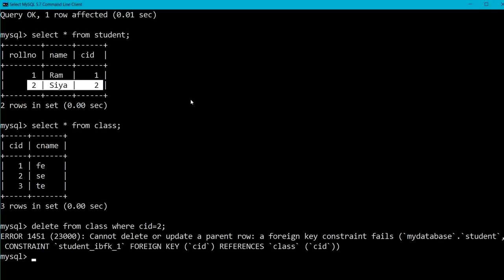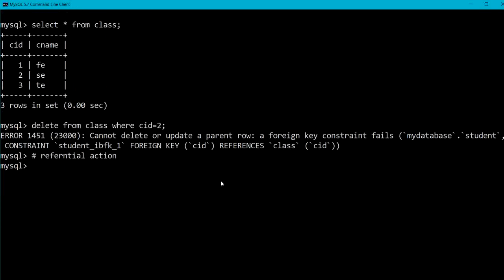So what is the solution? MySQL has given referential integrity constraints, so we can use a referential action here.